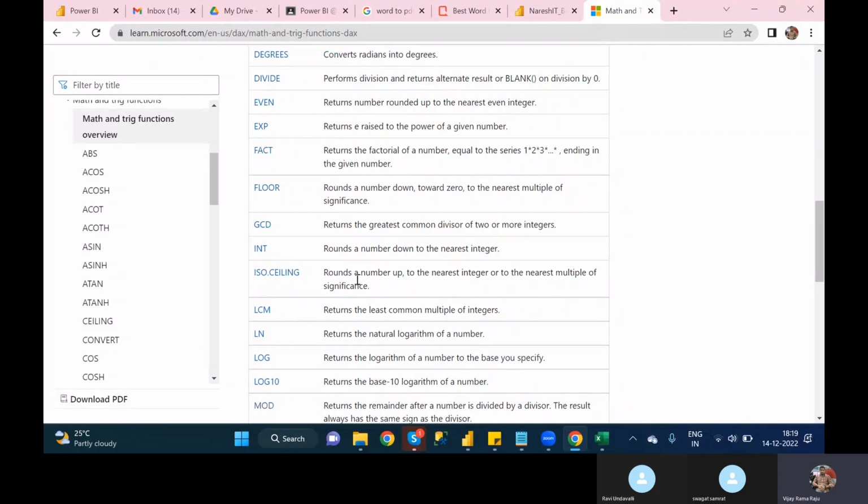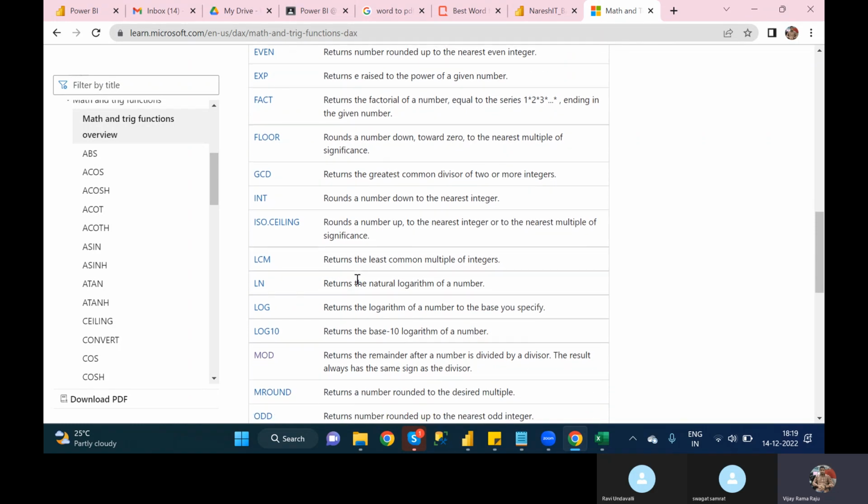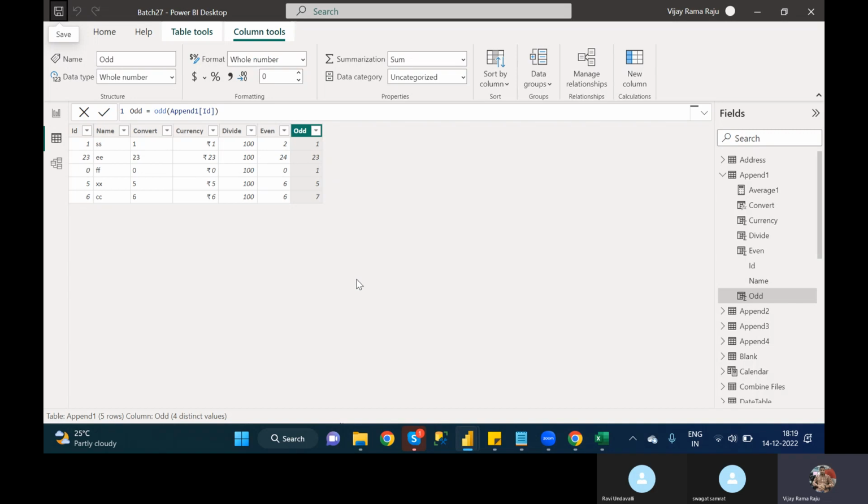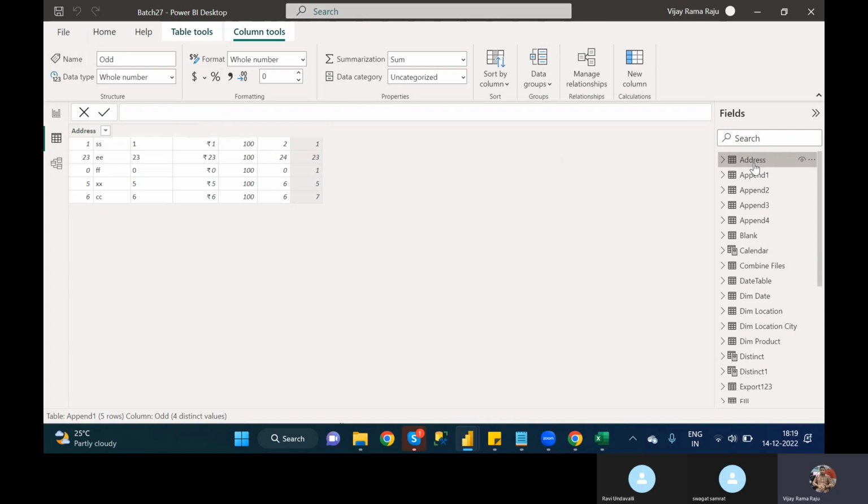Next one, exponential function is not required, factorial function is not required, floor is not required, GCD is not required. Next one is the int function. This is a very important function in real time. What will the int function do? Suppose, for example,